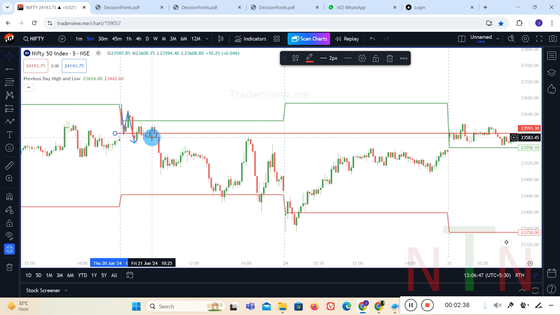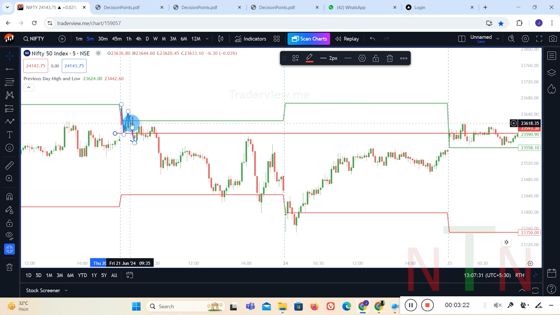Now, considering the open price is very important because the price has not gone above the open price. The open price and the day's high are also very important. So this would be your stop loss for a safer trade. In this case, are we entering into a proper trade? The market came down, it gave a sell and it went up, then again it broke that. It has not gone above the open price. So unless it goes above the open price, the market is still on the sell side.